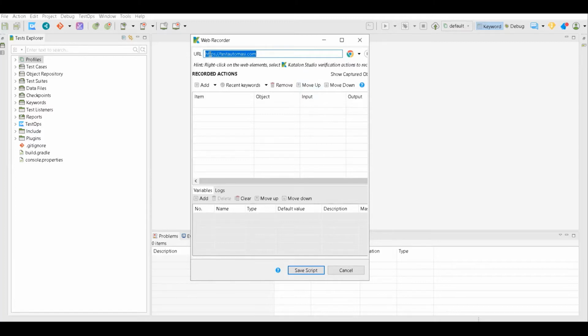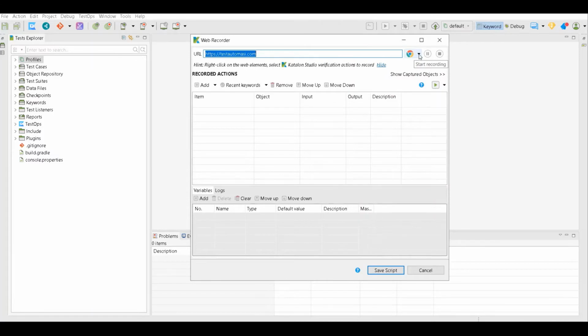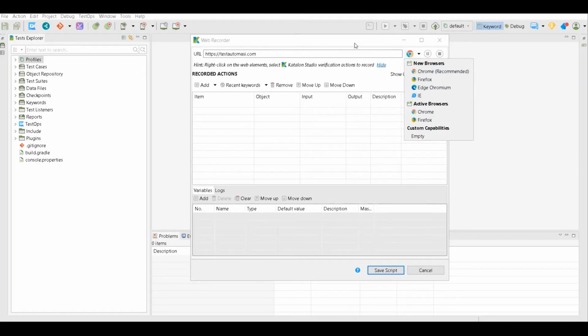So you would be seeing this is blank. So you can add the URL. This is kind of a base URL. You can add the URL in your test, in your script like this. So you can use this. Okay. Here you can select. So if you see the recorder, you can also select which type of browser you want to record. And you can pause the record and you can stop the recording also.